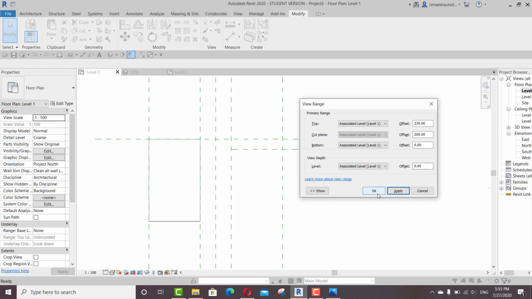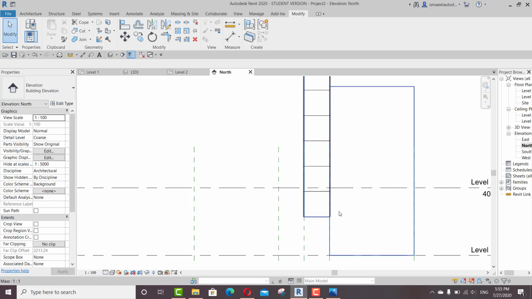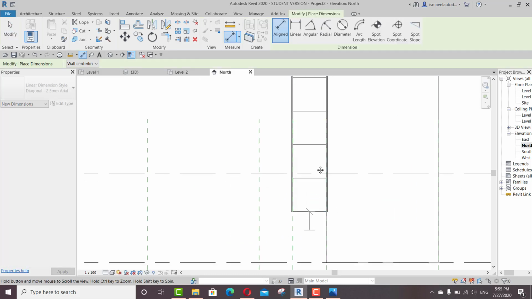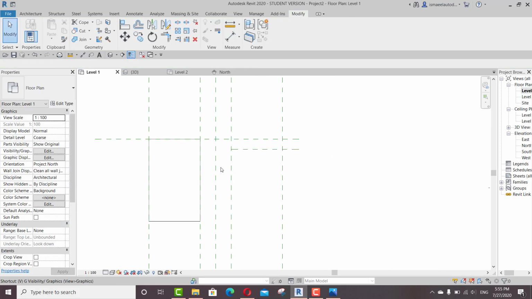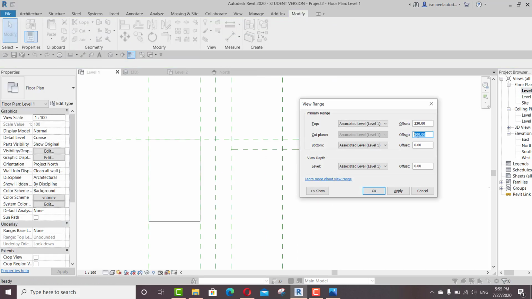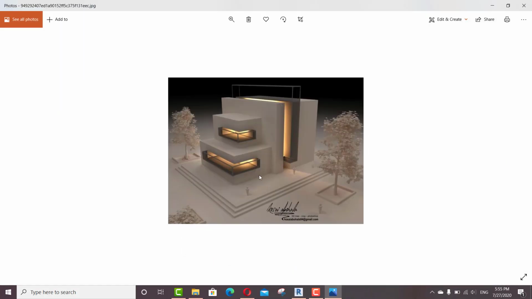Say apply, and okay. So maybe let me just see if I go to one of the elevations, and dimension from this point to this point, so it's more than 200. So I will go to VR again, and then just put it at 230. It's okay. Apply. Now I can see it. For the last one, or sorry, the one before,